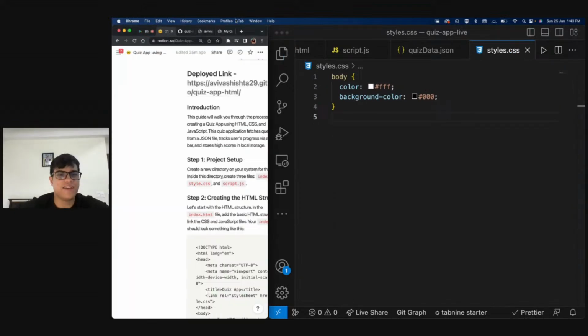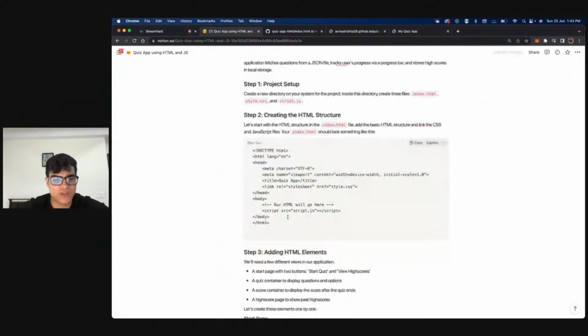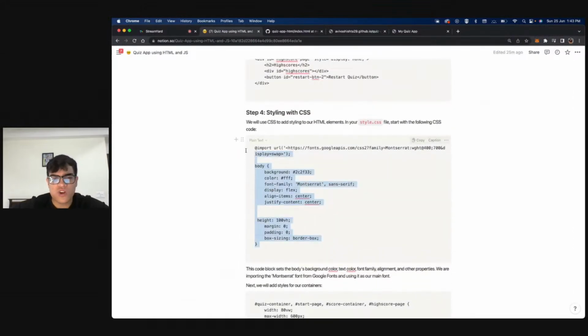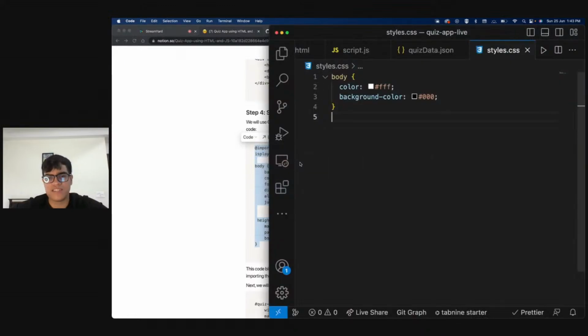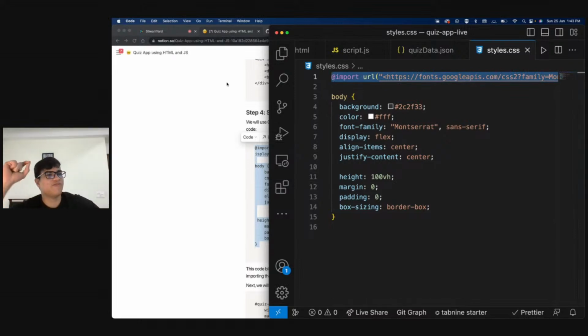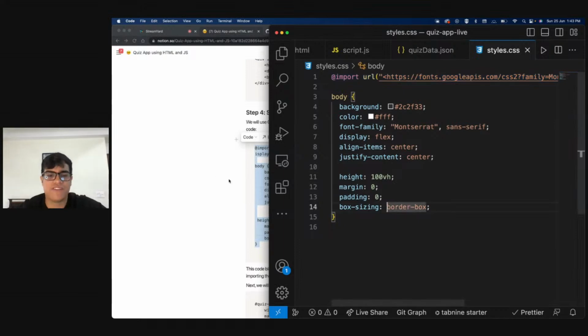If you go to the Notion, you will see that over here I've provided the initial styling that is needed as well. If you just copy this, I'll tell you what this initial styling means. Firstly, we are importing the font, because if you saw right now, the font in our hosted project and the font in our black screen project was not the same. So first we got the font. And after that, we added this code.